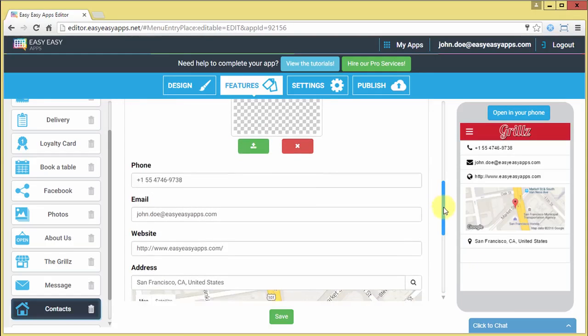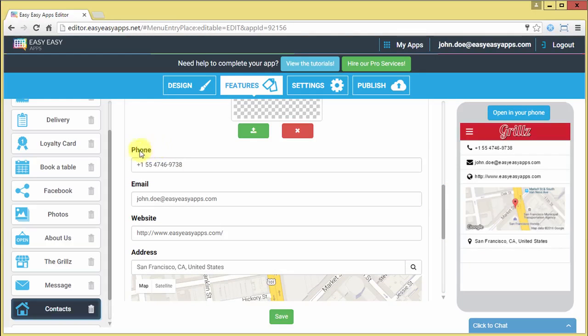The phone number should be your business contact. The phone number field will work with a click to call in the mobile phone. This means that the user simply presses the phone number and the mobile phone will automatically make a call to the configured phone number. Enabling the click-to-call in your app is very important. A recent Google study has found that 70% of the users searching on mobile use click-to-call to contact organizations.